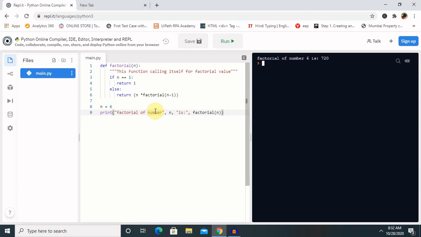So what is the base case in recursion? When working with recursion, we should define a base case for which we already know the answer. So in this example, as you can see here, we already know the answer of factorial 6, that is 720. Each successive recursive call to the function should bring it closer to the base case, which is exactly what we are doing in this example.